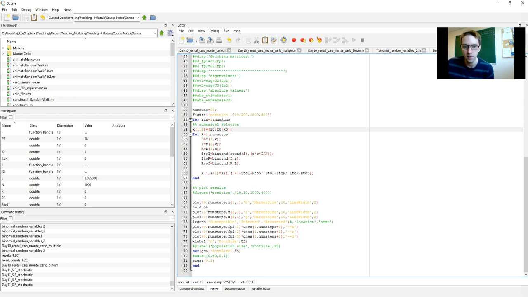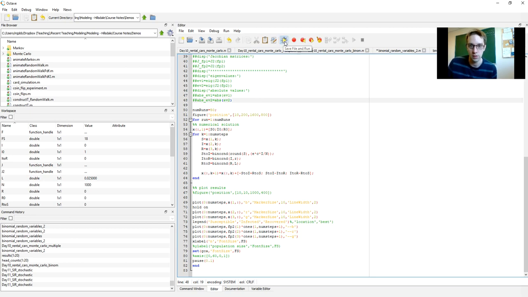And then in each step, we'll flip a coin for the number of people who are going to go from state S to state I. Again, there will be S susceptible people, so that's the number of coin flips, and then the probability of success will be the remainder of that term. And then we can do the same thing for I and the same thing for R to determine how many people leave each state. And then once you've counted up how many people are switching between states, you can update the new totals and then plot the results and then repeat. All right, so that is the code.